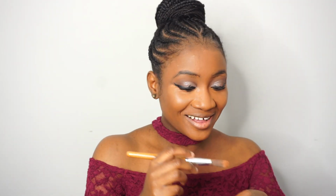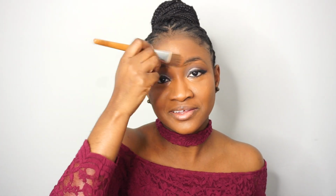So let me try to cheat. I'm gonna look down my nose like that. Oh, that works. I'm cheating. I wish I could look up my eyes like that. Like up. Nope, I can't see anything. But I can see down my nose. I think that's what I would do to contour my nose. I'm gonna do this and I'm gonna contour my nose. Yeah. Guys, this is a life hack right here. If you don't have a mirror and you're trying to contour your nose, do this. Just look down like that. Oh God,